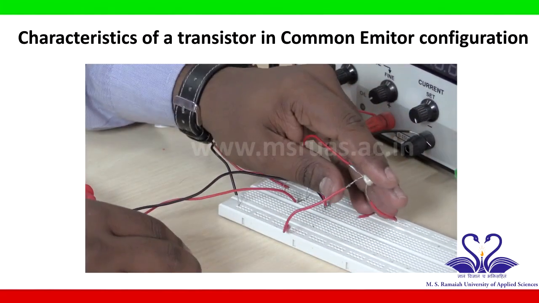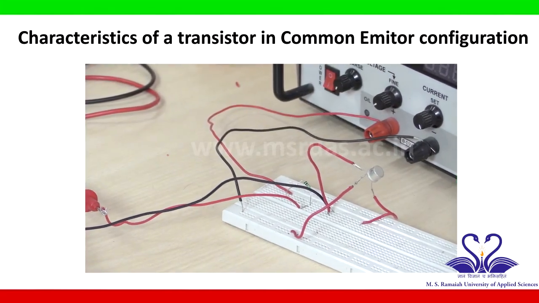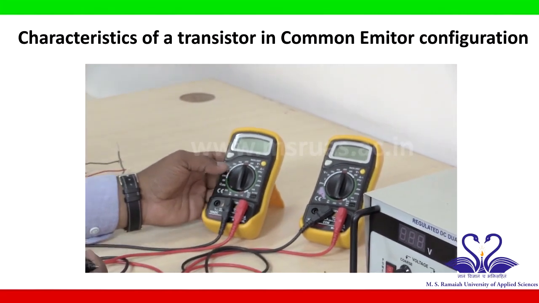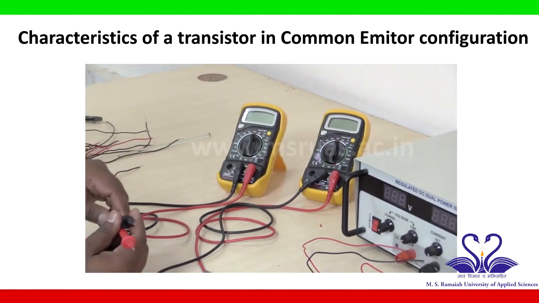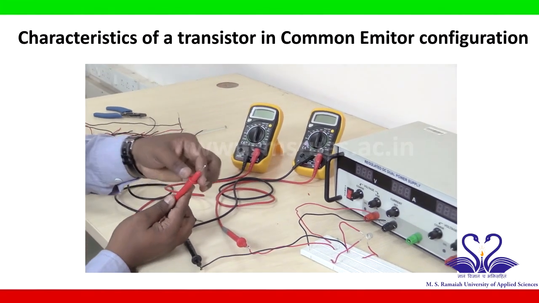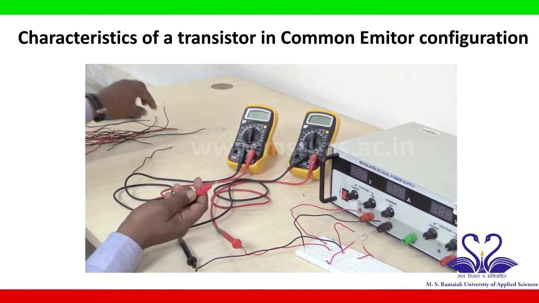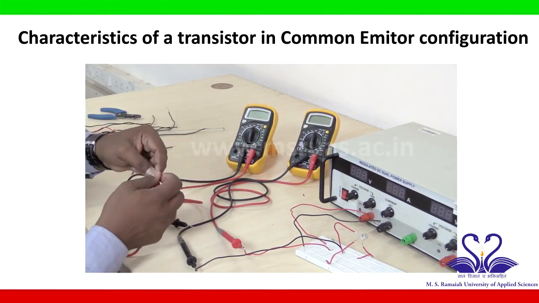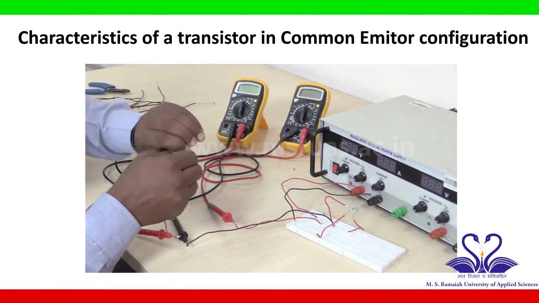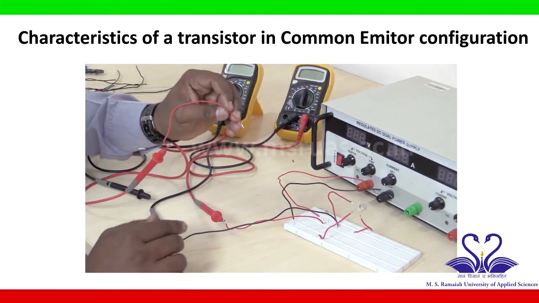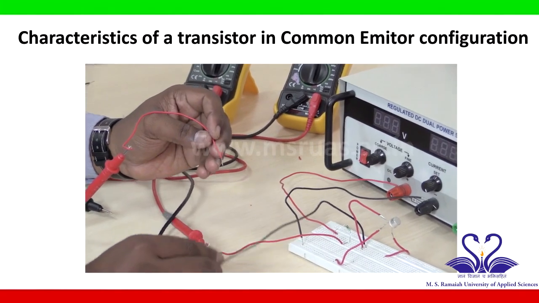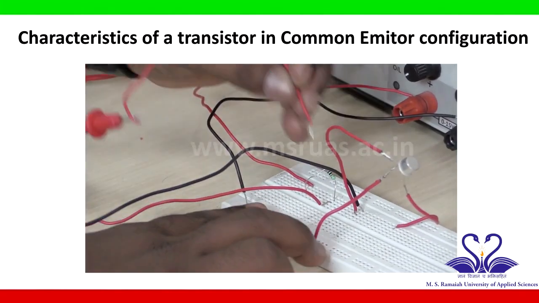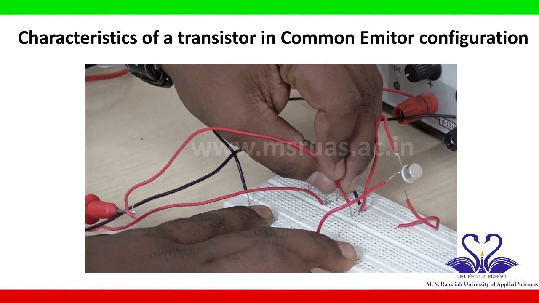So now I have connected the transistor on the breadboard, and let us take one more multimeter and connect this as an input side voltmeter. If you see the circuit connection, its positive, that is a red probe, a red wire, is connected to the negative of the ammeter or the base of the transistor. So this point in the breadboard. So I am connecting the positive of the voltmeter to this point,